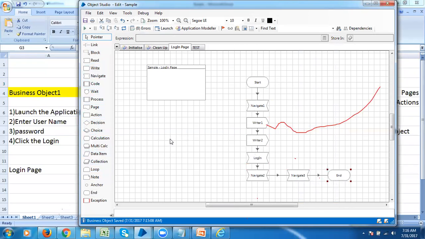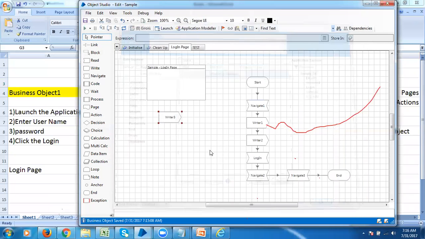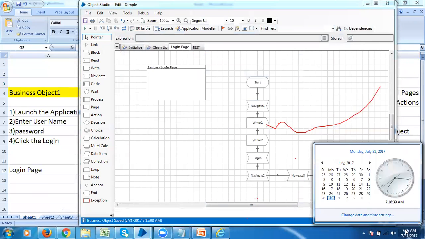In Blue Prism, Automation Anywhere, or any RPA tool, there won't be any coding, but we have to understand the business process and use drag and drop like this, and configure the properties. That's all. Very simple. In the very initial stage it looks complex, but when we do two or three examples, it will be very clear and very easy. So that's about today's demo session, and we'll start questions and answers now.